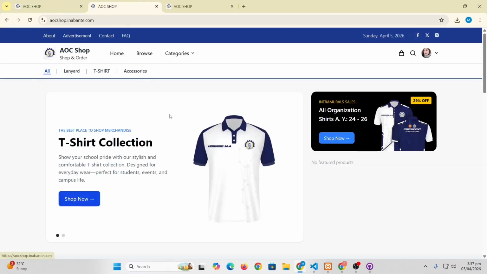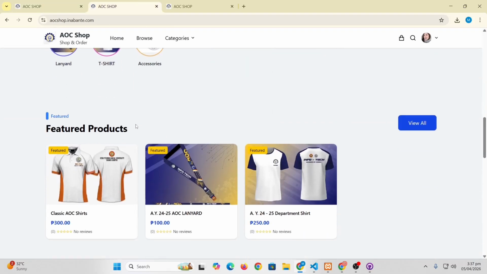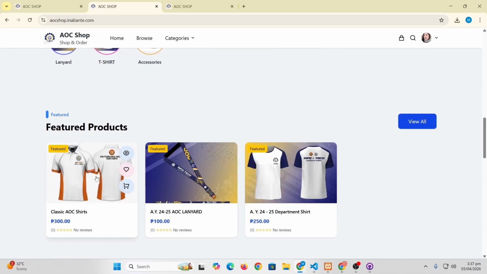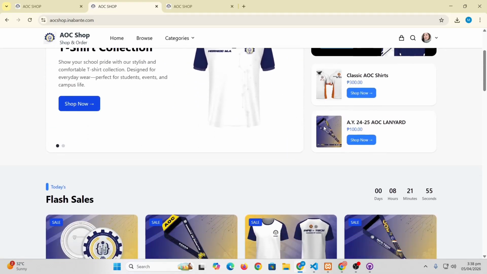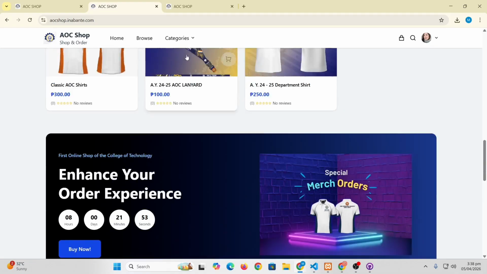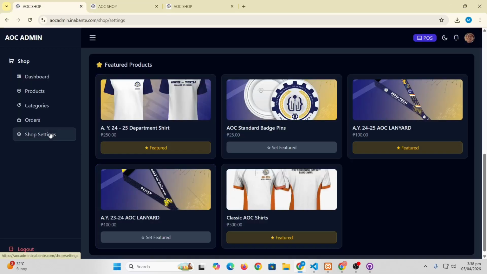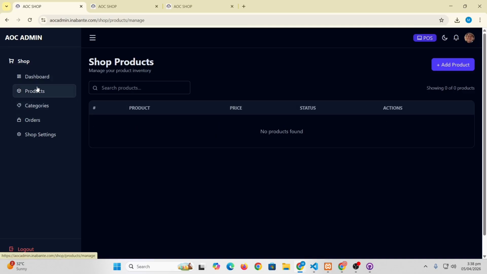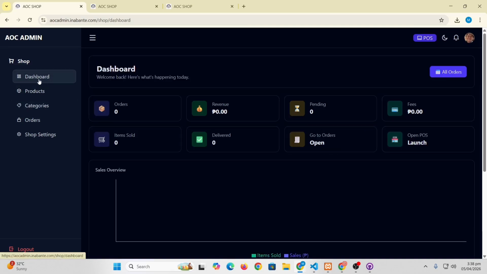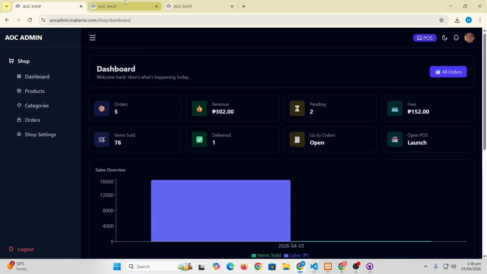In our featured section right here, as you can see, it now changes. It now adds the featured. You can see featured. Okay, very nice. So that's much more for the products, category, adding product, editing, and dashboard.